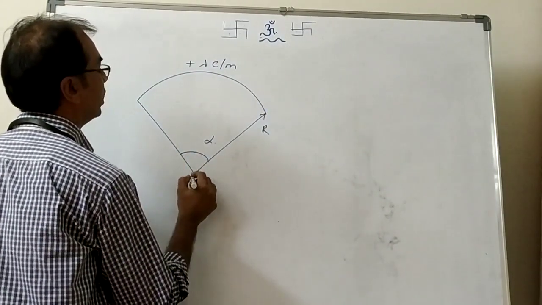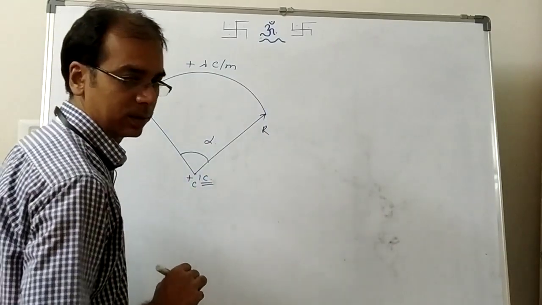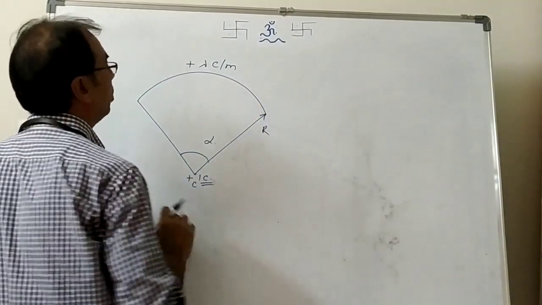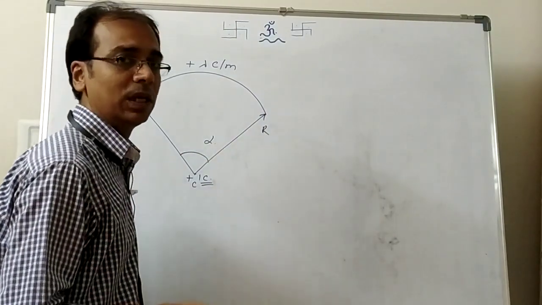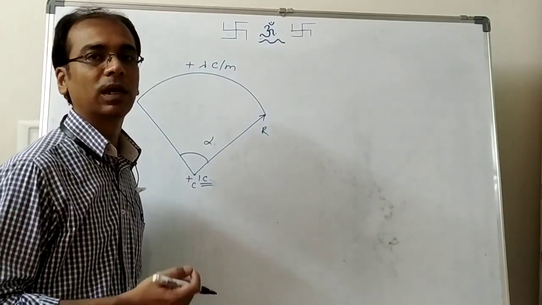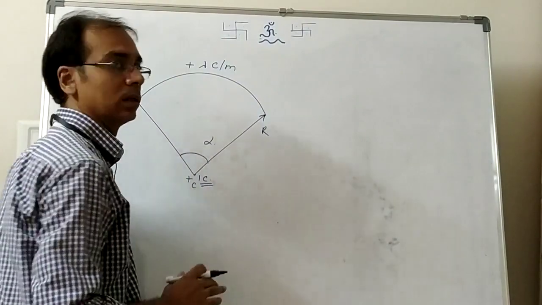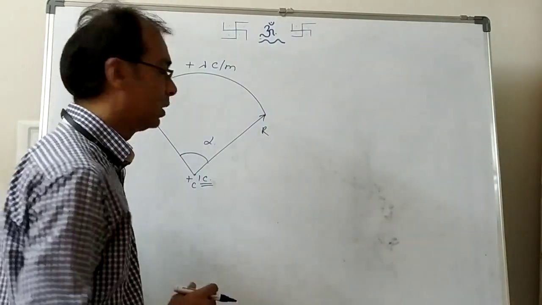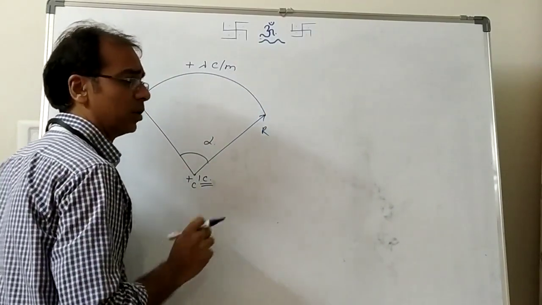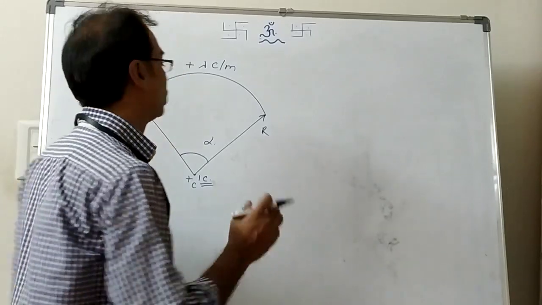So to calculate electric field, what we used to assume, +1 coulomb is there. Correct or not? Now, in this ring, how many point charges can we assume? Because we can calculate electric field or force through Coulomb's force only, and that is between 2 point charges. So how many point charges can I assume in this one? Infinite point charges. And if I take those infinite point charges and calculate electric field, then what I have to do? Integration.